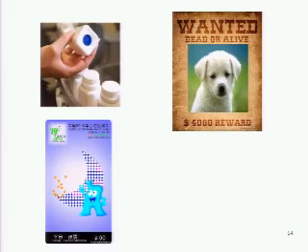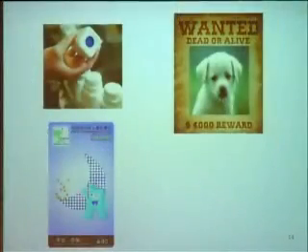A third application of this is for anti-counterfeiting. So this is a ticket for the Shanghai Expo this year. It actually has an RFID tag inside. So when you go to the expo, you show your ticket, they read it with a reader, and they make sure that this one is authentic. It's not a fake one. So you say that for this kind of application, the RFID tag has to be unclonable,